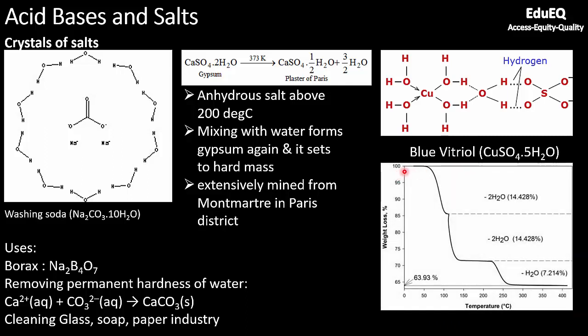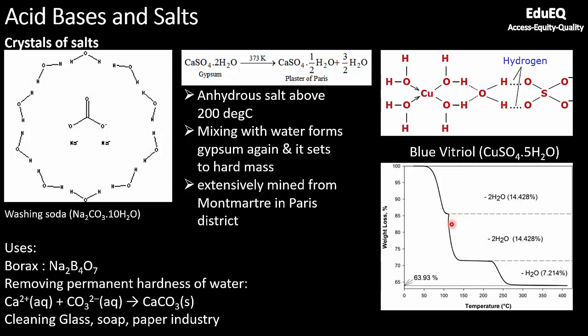Just to show how it loses water molecules, I have put a TGA graph. This is nothing but a thermogravimetric analysis graph. So you keep on heating the salt and then you analyze the weight loss. If water is getting lost at a certain temperature, definitely the total salt will lose weight, right? So you see, the moment it reaches around 60-70 degrees, it first loses 2 water molecules, and the reduction in weight is 14.42% because of the loss of 36 grams, because a water molecule is 18 grams, and when you lose 2 water molecules, you will almost lose 14.428%.